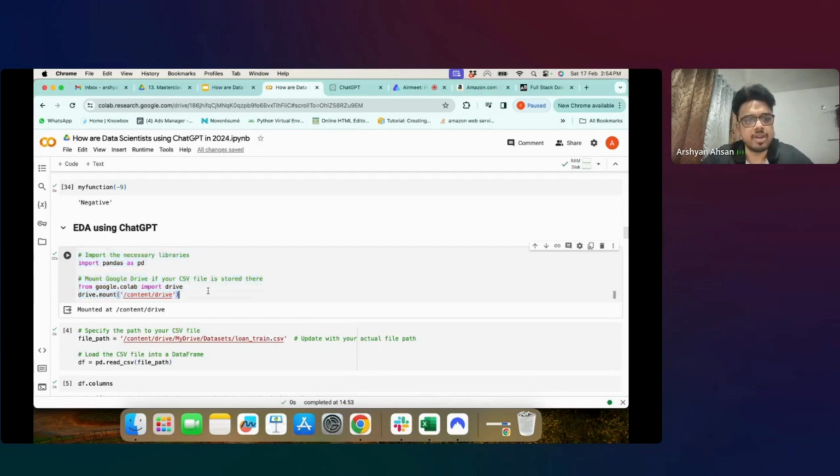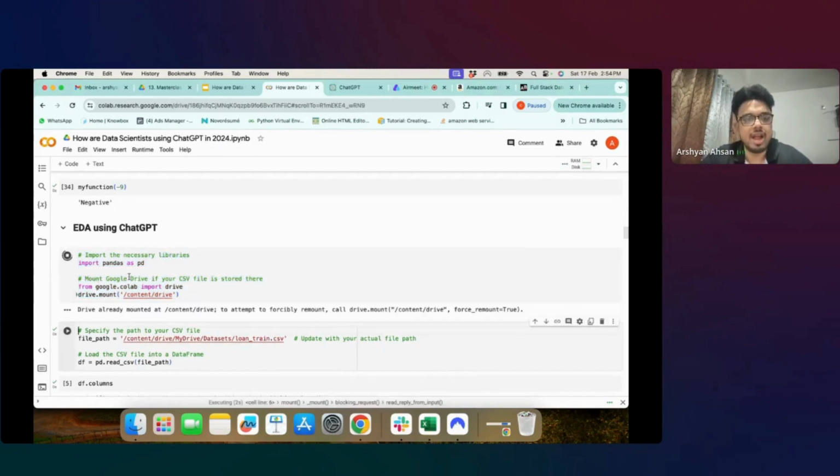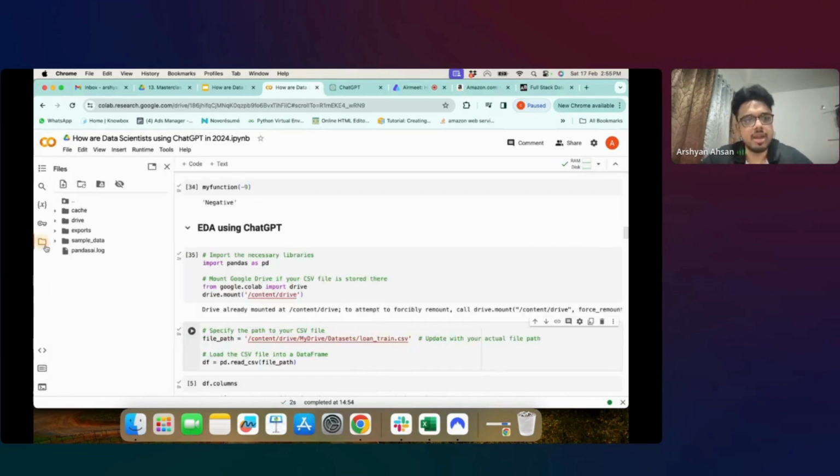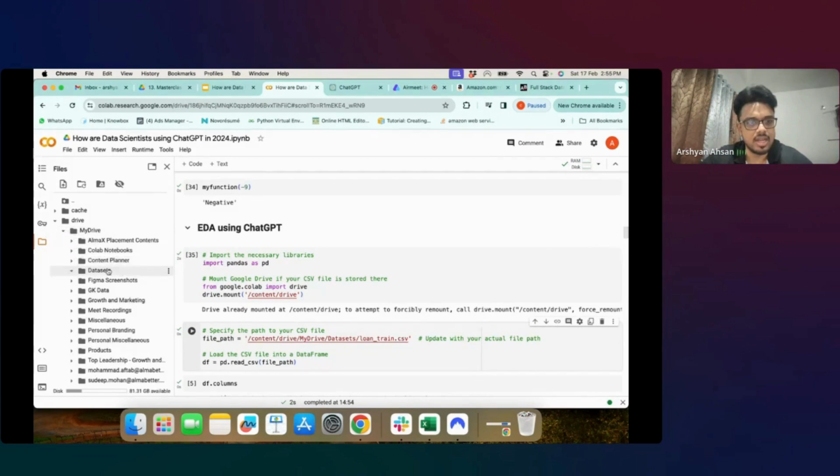एंड उसके बाद वी आर एसेंशियली गिविंग गूगल कोलैब नोटबुक एक्सेस टू माई ड्राइव. ठीक है, तो मेरा ऑलरेडी ड्राइव माउंटेड है, तो यहाँ पे डिड नॉट आस्क फॉर एनी एक्सेस, अदरवाइज इट वुड हैव ओपनड अ परमिशंस वाला पेज एंड आपको परमिशंस अलाउ करना पड़ता और अपने ड्राइव का एक्सेस देना पड़ता. नेक्स्ट हमने अपने ड्राइव में एक डेटा सेट रख रखा है. देयर इज अ डेटा सेट दैट वी विल बी यूजिंग व्हिच इज लाइक अ लोन डेटा सेट.